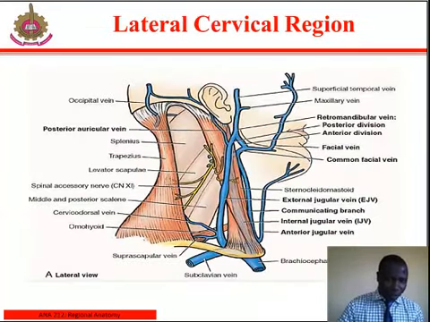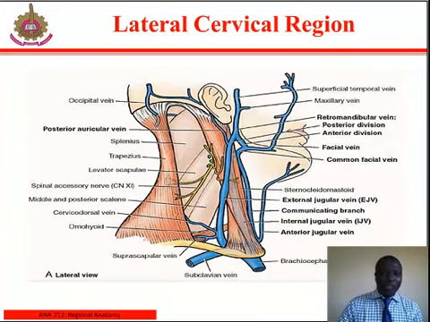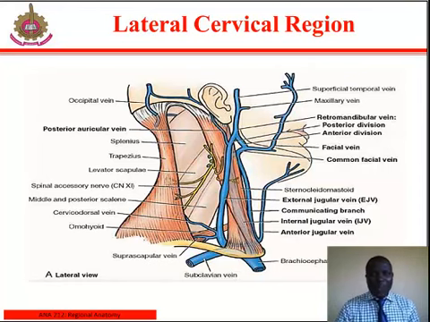Lateral cervical region. The lateral cervical region, that is the posterior triangle of the neck, is bounded anteriorly by the posterior border of the sternocleidomastoid muscle, posteriorly by the anterior border of the trapezius, inferiorly by the middle third of the clavicle between the trapezius and the sternocleidomastoid muscle, and by an apex where the sternocleidomastoid muscle and trapezius meet on the superior nuchal line